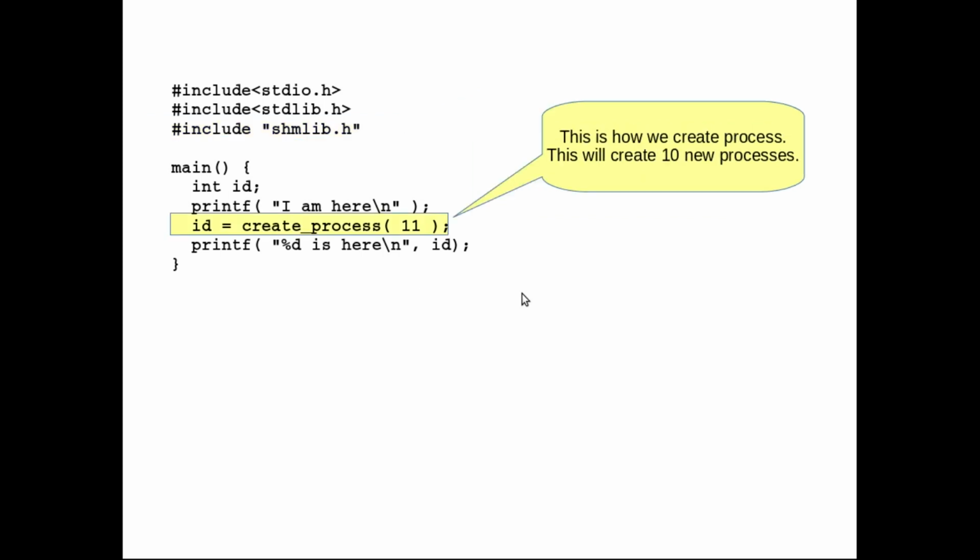So now in this program this is how you create multiple processes. So this function create process will create 10 new child processes. When you start executing this program, for example from the command line, already a parent process is created by the operating system, and the parent process will start executing one by one all the statements of this program.